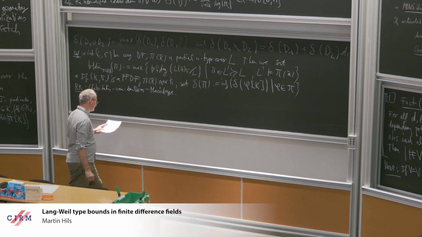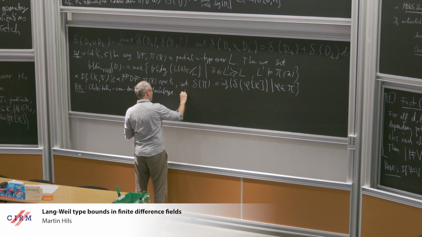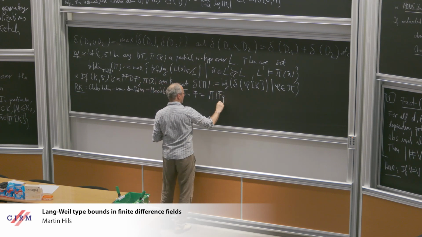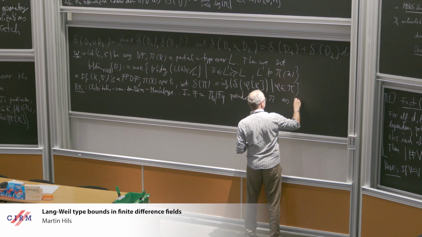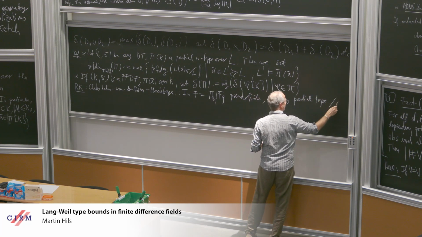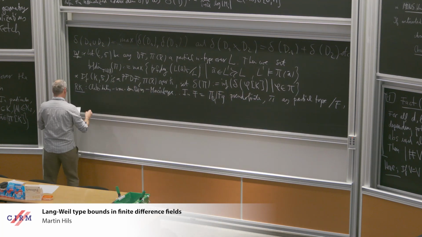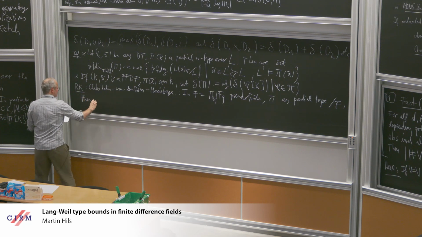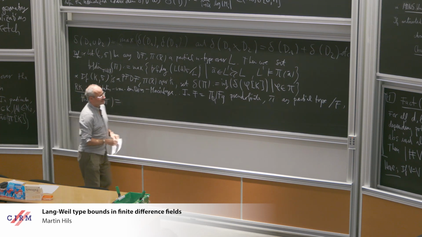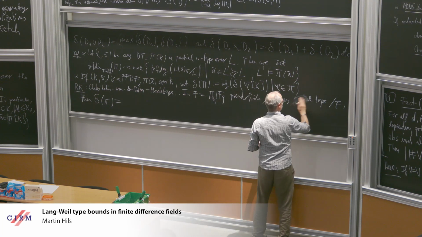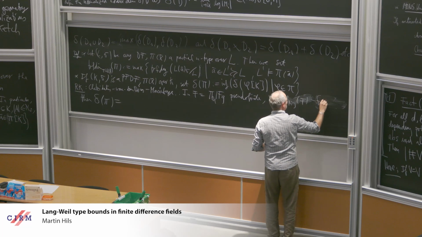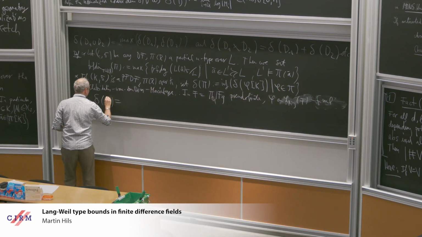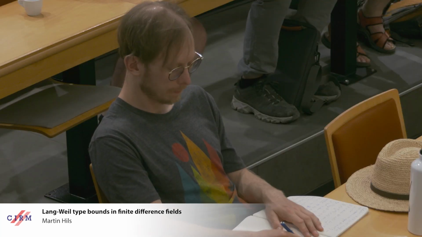So if you are in a pseudo-finite field F, and pi is any partial type over F, then the cos dimension of pi is equal to, let me say, a formula. We can deduce the other result. A ring formula phi over F. Then the cos dimension of phi is given by the algebraic dimension of the Zariski closure